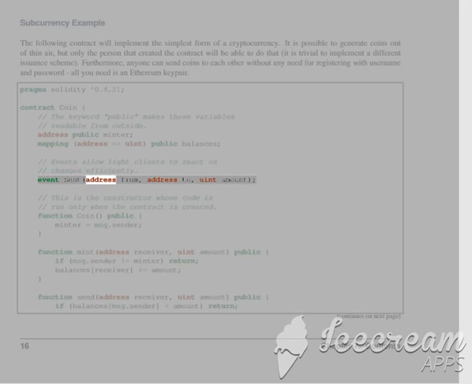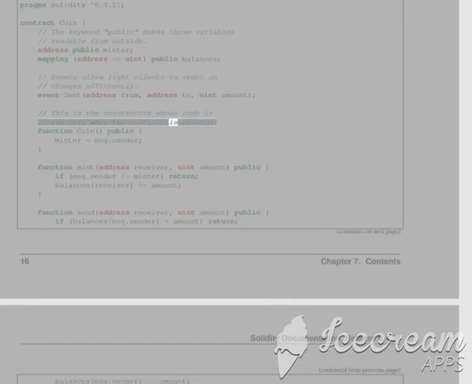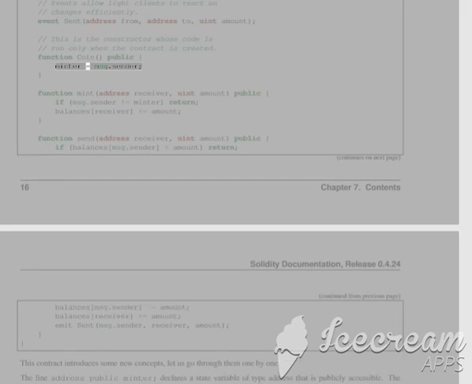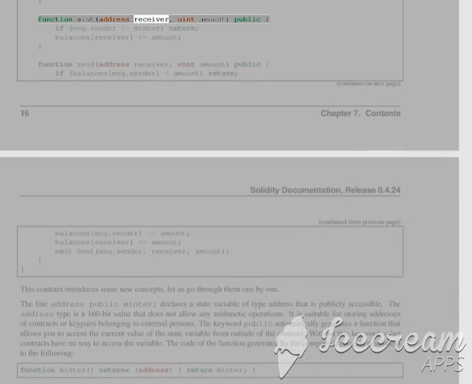event Sent(address from, address to, uint amount); // This is the constructor whose code is run only when the contract is created. function Coin() public { minter = msg.sender; } function mint(address receiver, uint amount) public { if (msg.sender == minter